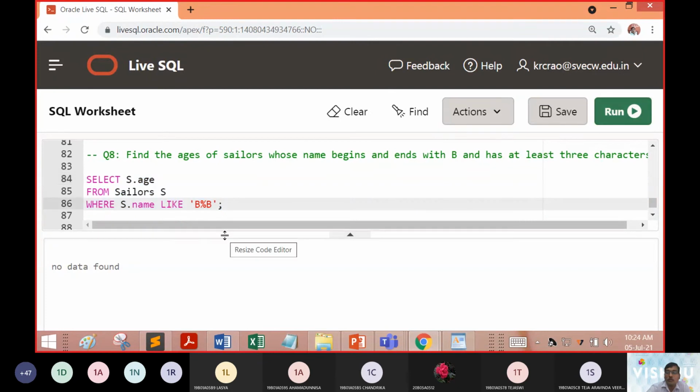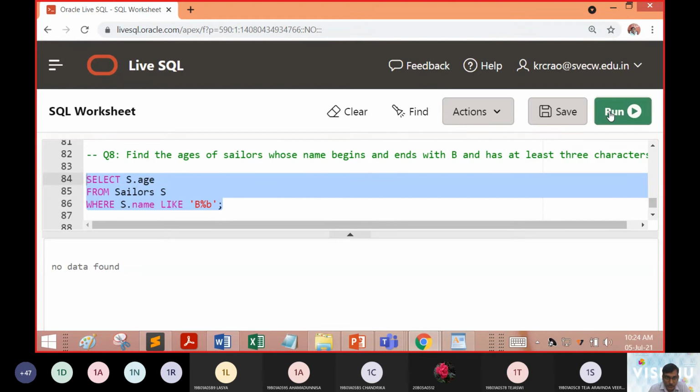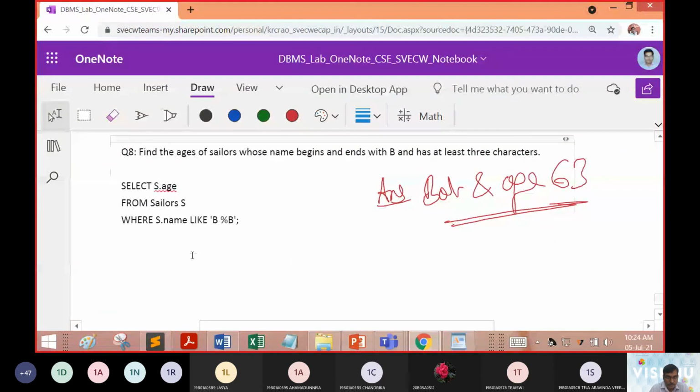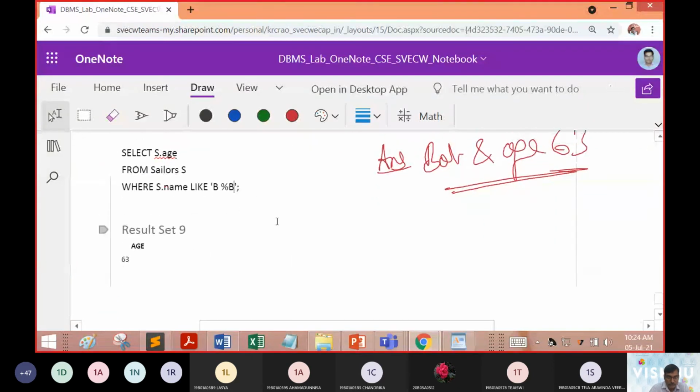So let us put the lowercase letter here. Now you can see that the age, 63, is displayed, and the answer is as follows.